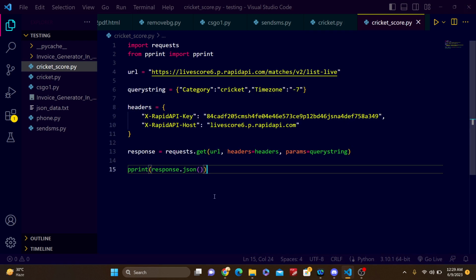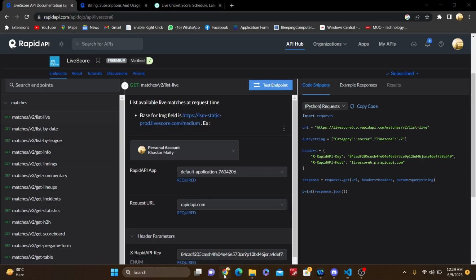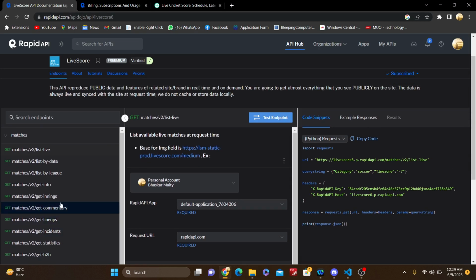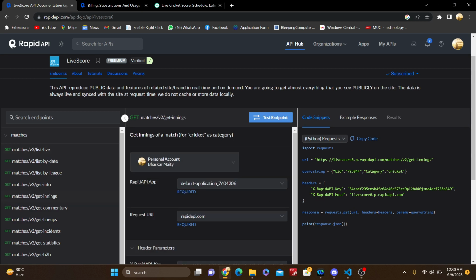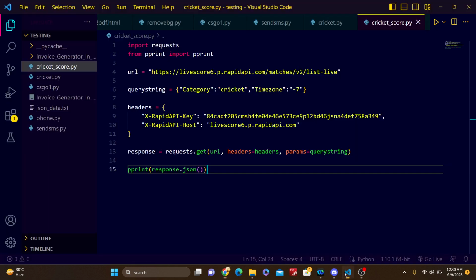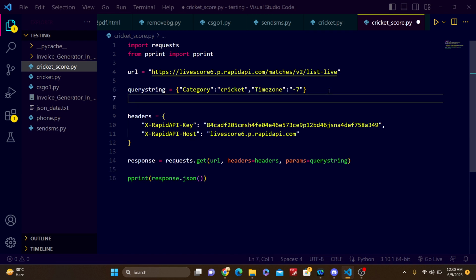So delete this. And now here, I want to show you one thing more. You can get the innings. Yes, the innings, you can see the category is cricket and the query string. Your query string is eid. Copy this query, I will show you. Here the query string is this, but you have to change it. You can see this eid is here, but you have to change the eid. The match eid is